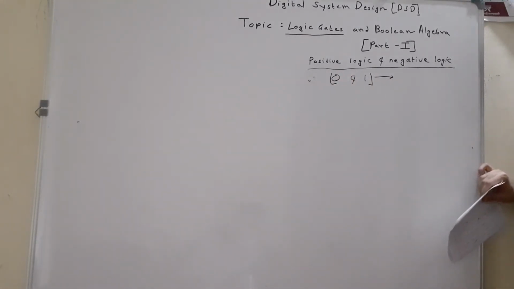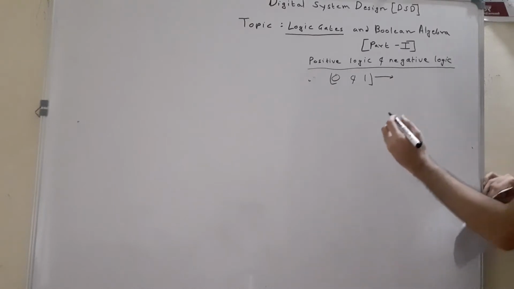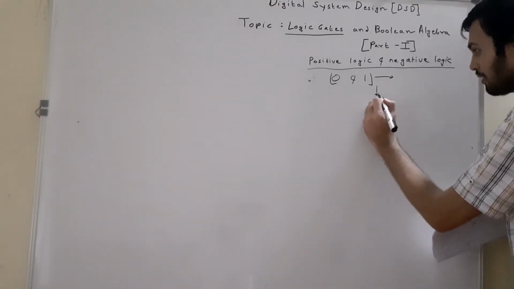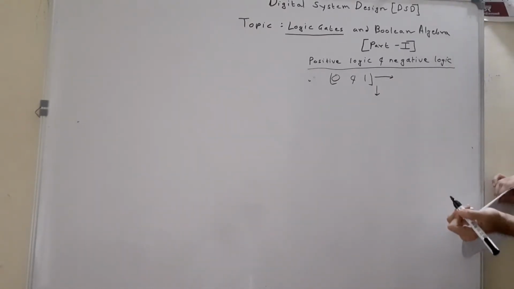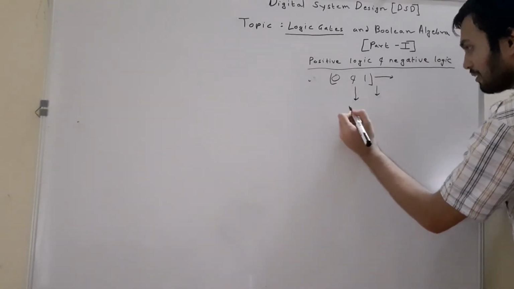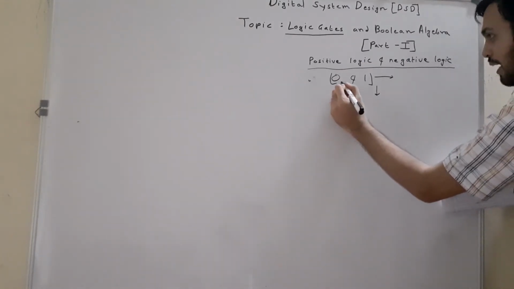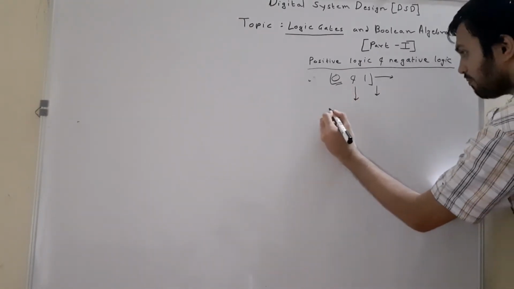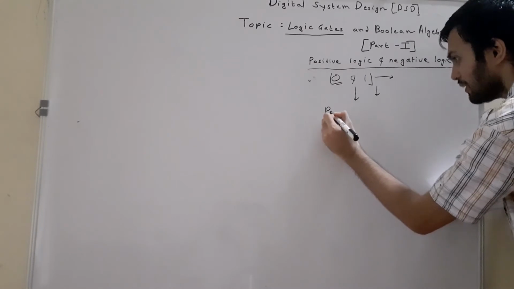But how will an electronic system understand whether it is a 0 or 1? In order for any electronic or electrical system to understand that a 0 is received or 1 is received, we need to assign certain voltage or current levels corresponding to these binary digits. So, positive logic is the system in which